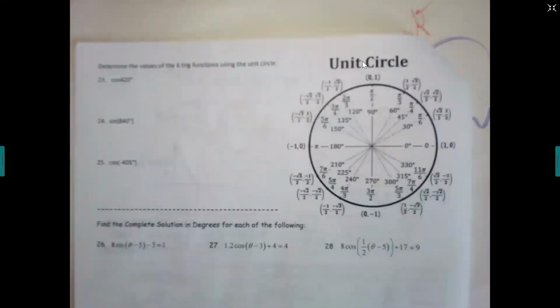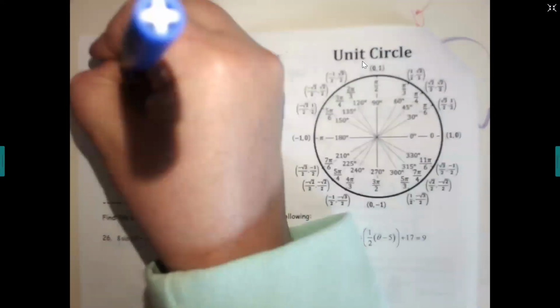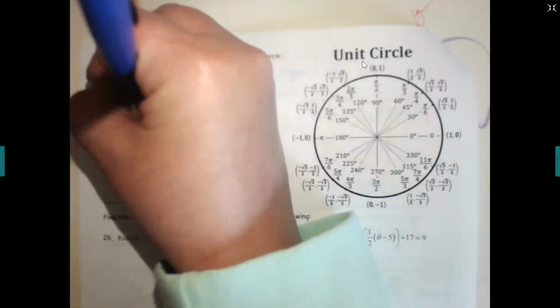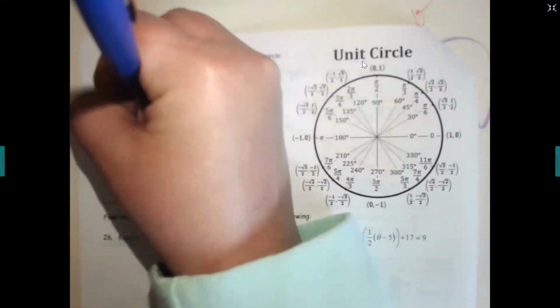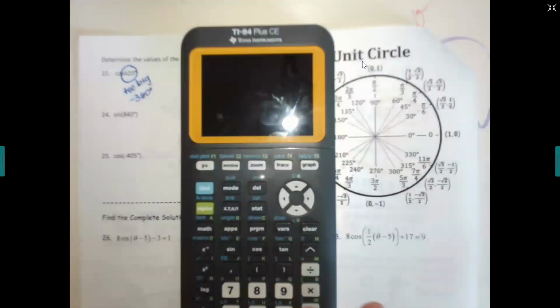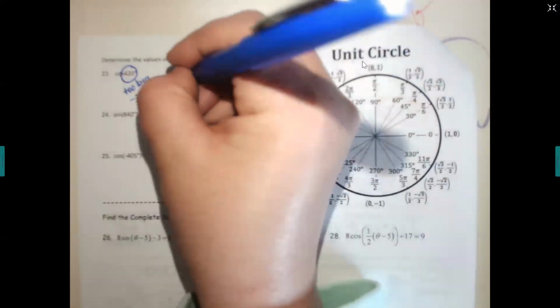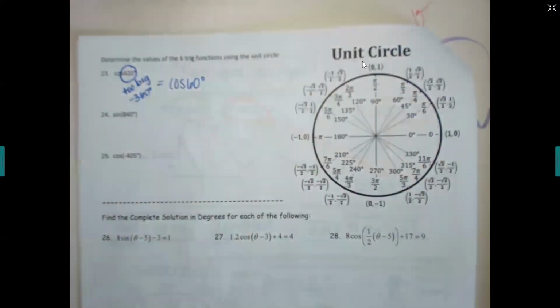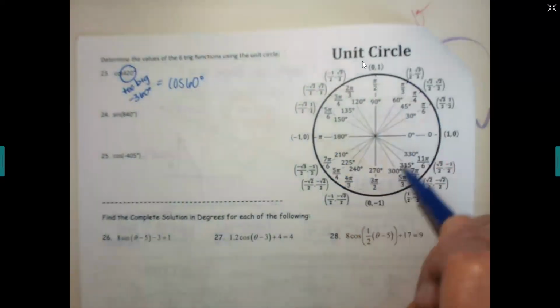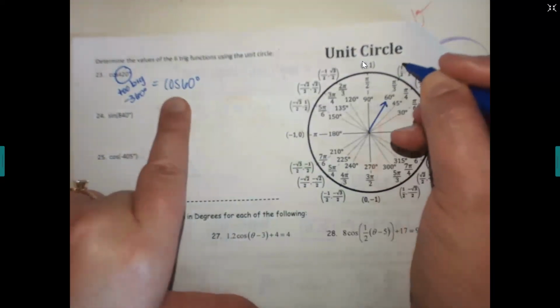Remember, if your angles are too big or too small, all you have to do is add or subtract 360. So for example, 420, that angle's too big, so I'm going to minus 360 off of it. I would do 420 minus 360, take a rotation off, and then I get 60 degrees, so then I'll just take the cosine of that. I look at my circle and find 60 degrees. 60 degrees is here, and then I want the cosine. Cosine's the x value, so I'm picking